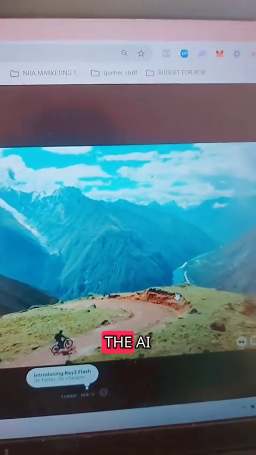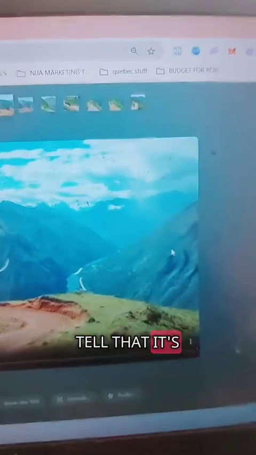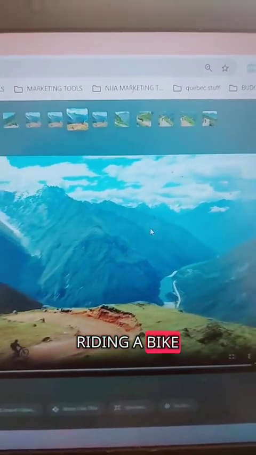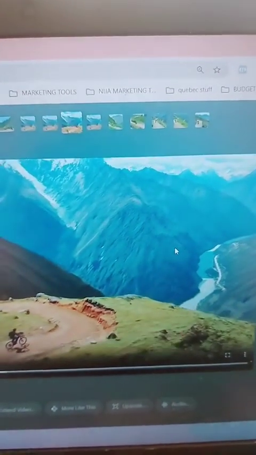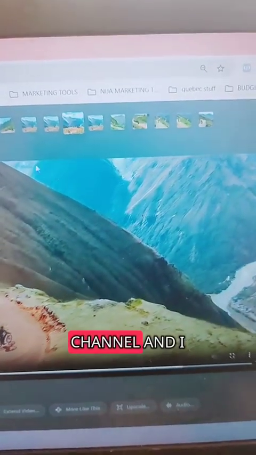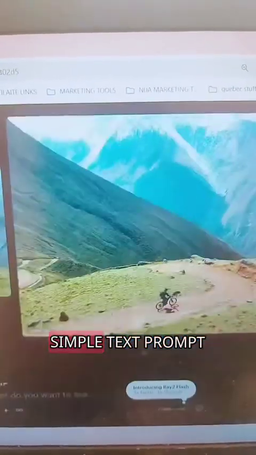So that's where the AI has gotten so good now that you can't even tell that it's AI generated. This looks like a real guy riding a bike in Peru with a real drone. It's pretty wild. And again, I put this on my YouTube channel, and I created that within a matter of seconds, just with a simple text prompt.